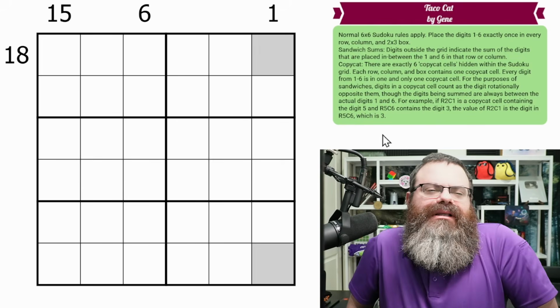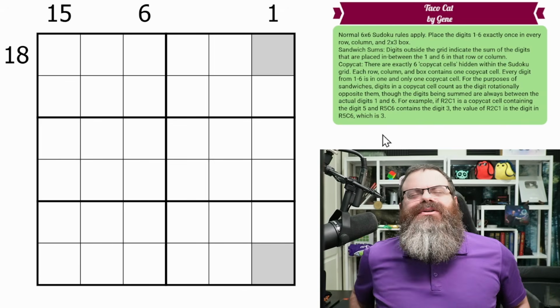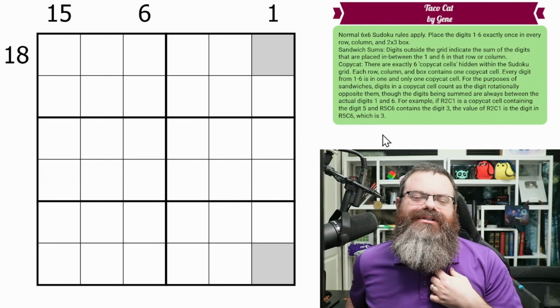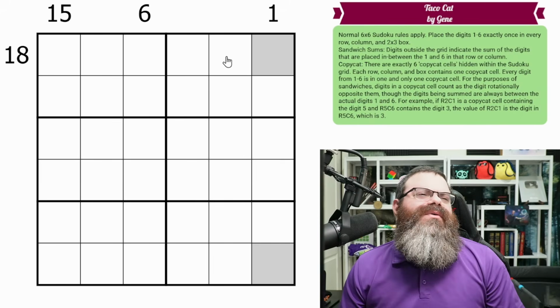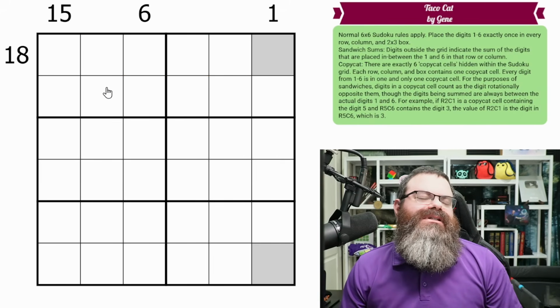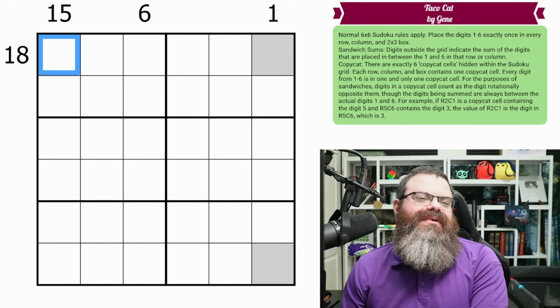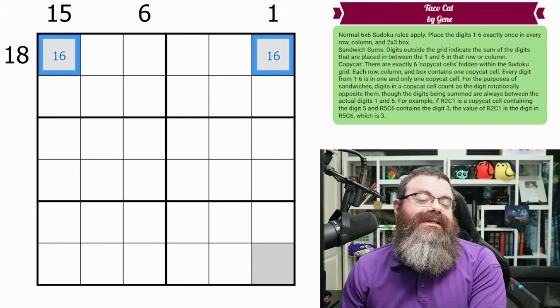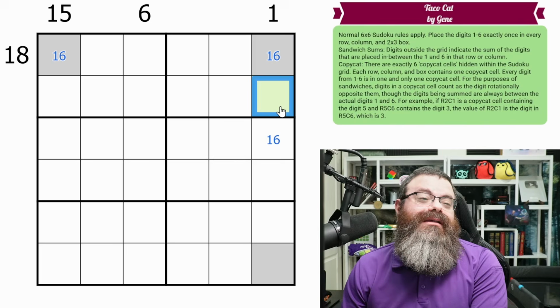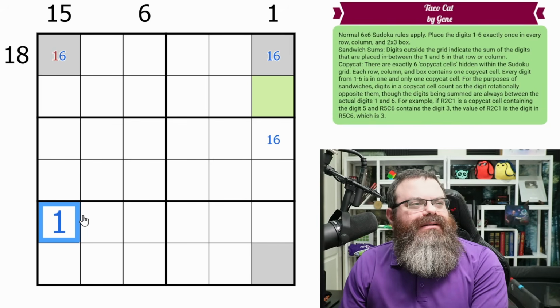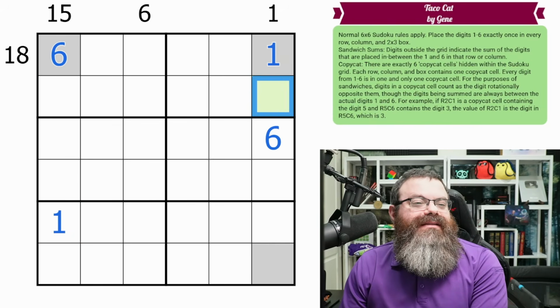And so I think it would have to be a 2 replaced with a 6. That's the only way to increase by 4 because we're not putting a 1 in between our sandwich. And so there's going to be a 2 inside of our sandwich, and it's going to be replaced with a 6 that just gets us to 18, which actually means that these are not the copycat cells and they are a 1-6 pair. And so that means that this is the other 1-6, and this is a copycat cell, which points at a 1. We don't know what it points at, this cell, which actually must be a 1. There we go. Okay. And so that's 6, that's 1, that's 6,